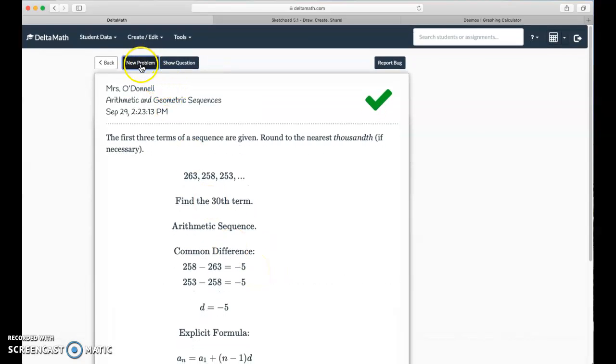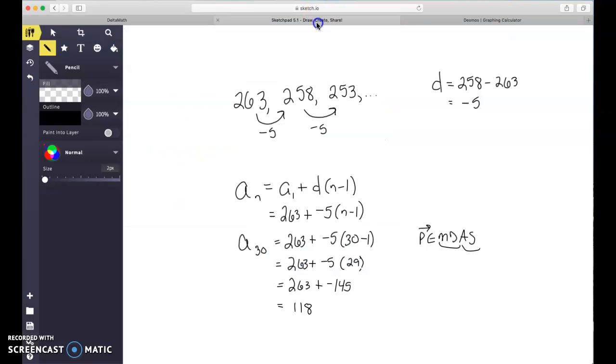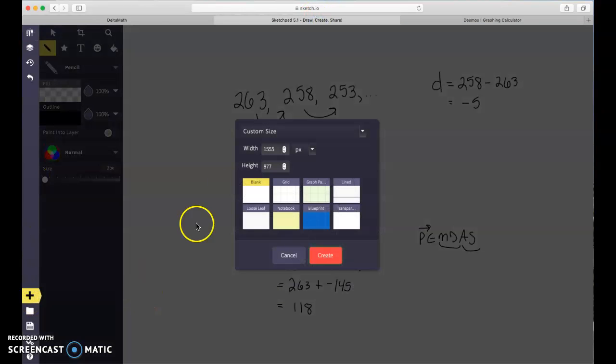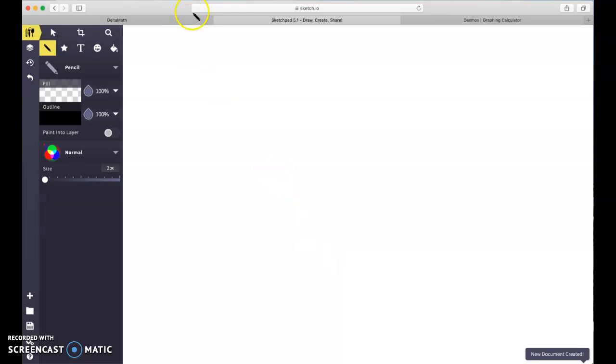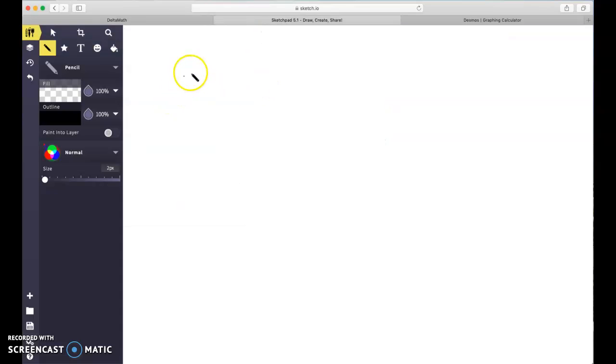Okay, let's see if we can do a geometric one as well. Ooh, this one looks geometric. Yep, this one looks geometric. I like it. So let's hop over to our sketch pad. Create a blank one. All right, so it's 1, 6/5, and 36/25ths. If you have really good number sense and you're not afraid of fractions,